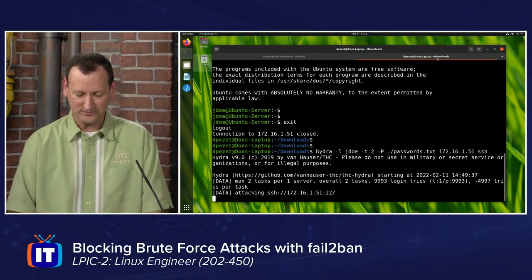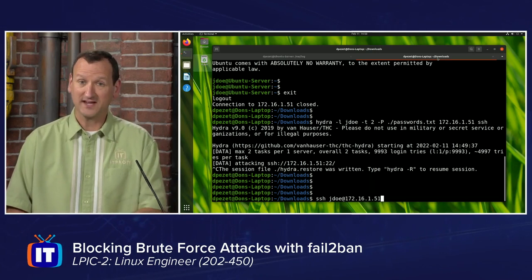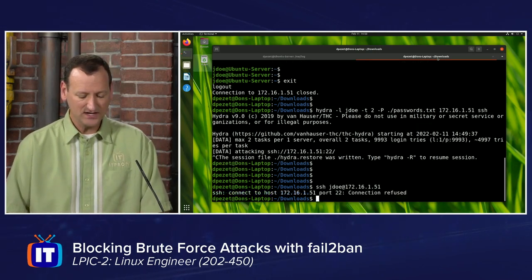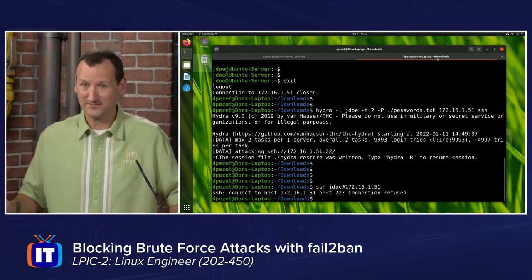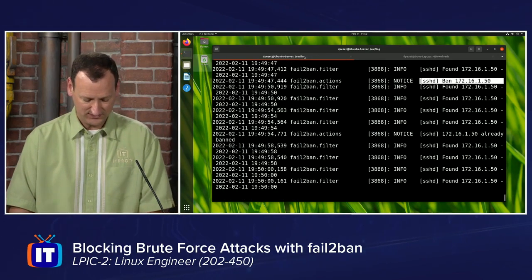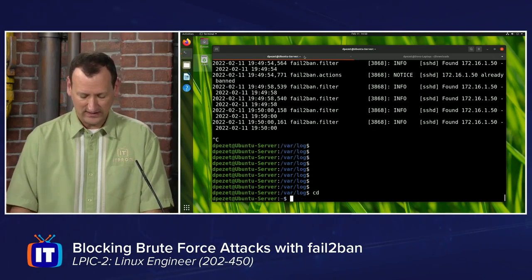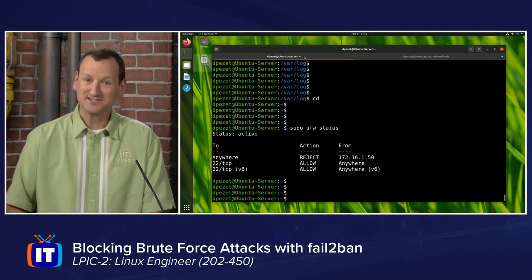If I go over to my client, I'm just going to break out of Hydra. A moment ago, I was able to SSH in as John Doe. Now, if I try and SSH in, connection refused. I don't even get a login prompt. I'm banned. And if I go back to my server, let me get out of the logs. I'll do a sudo ufw status, and I can see a firewall rule in